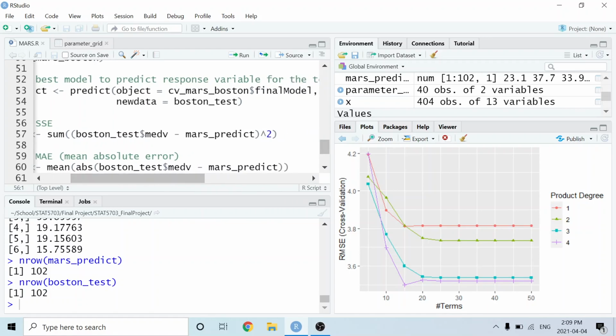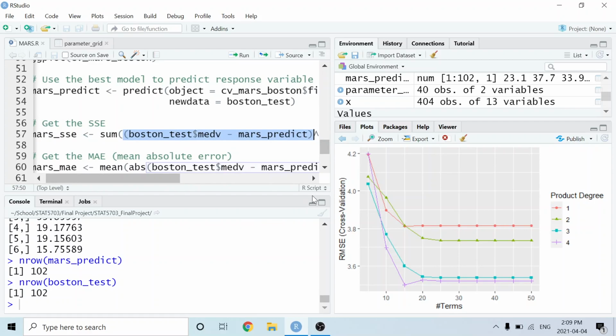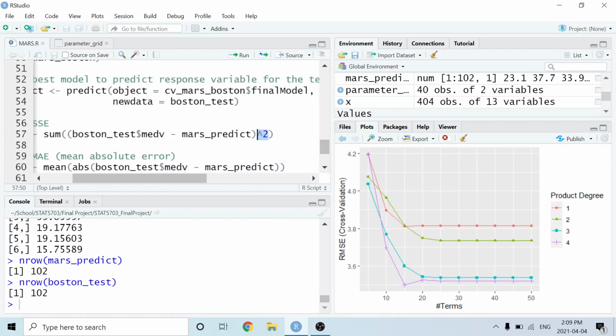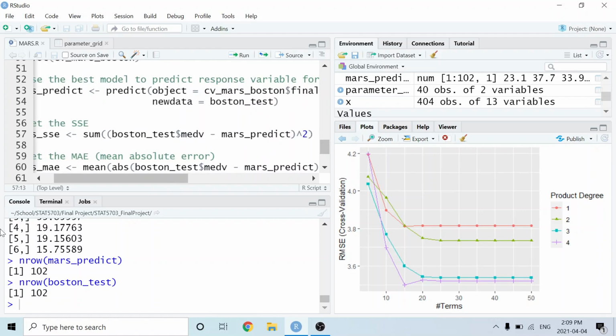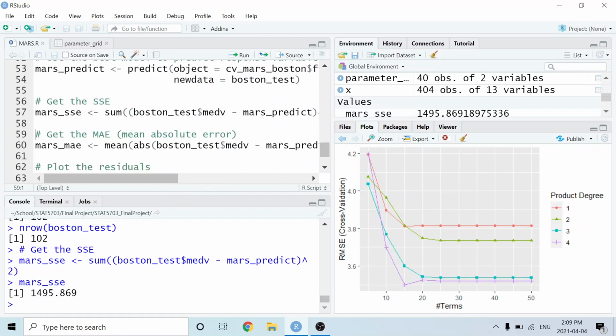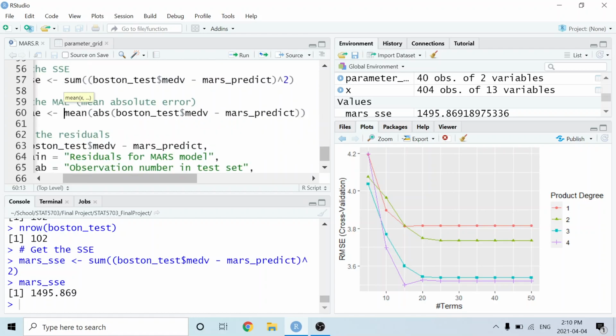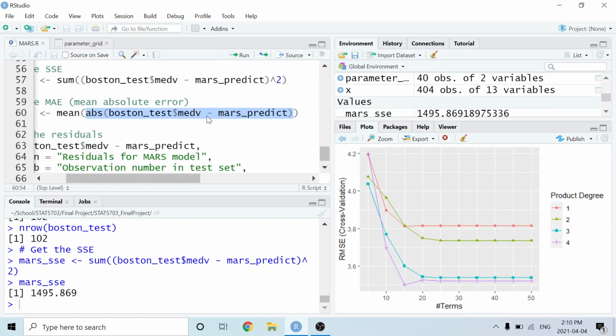So first we calculate the error, which is the difference between the true value and the predicted value. We square that, and then we sum over the 102 observations. Here we can see we had an SSE of 1495.869. As another example, you could also compute the MAE, which is the mean absolute error, and that is exactly what it sounds like. We take the mean of the absolute differences between the true values and the predicted values.